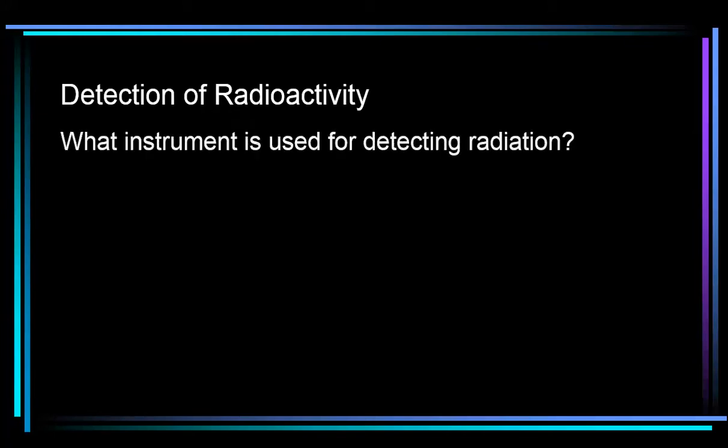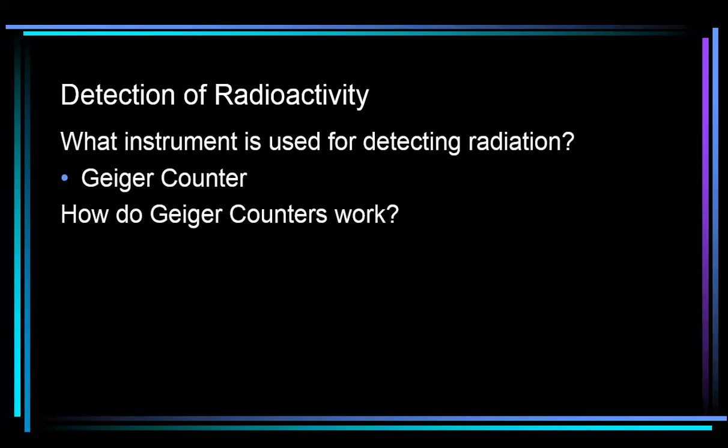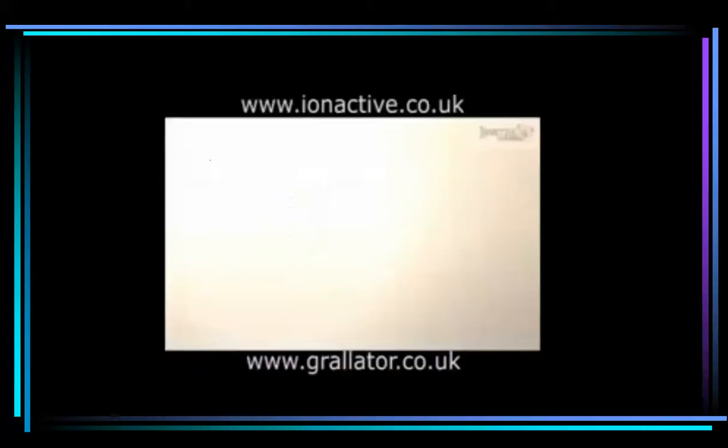So, how do we detect radioactive particles? What instrument is used? A Geiger-Müller counter. Here's one right here. Is that what keeps beeping? Yes. Okay. If it's irritating you, every time you hear a beep, that means a tiny little atom has exploded near this Geiger counter. That's very irritating. Oh, it's going to get worse. It does? Yes. Oh, great.